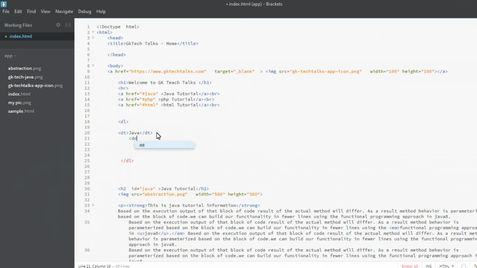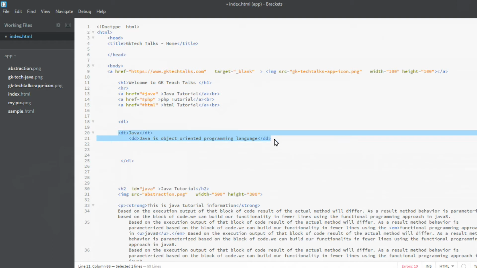For dd, we have to provide the definition here. I'm simply mentioning some text.